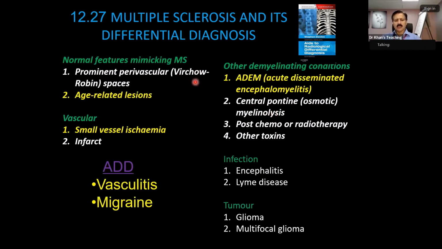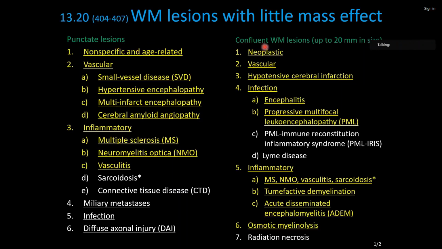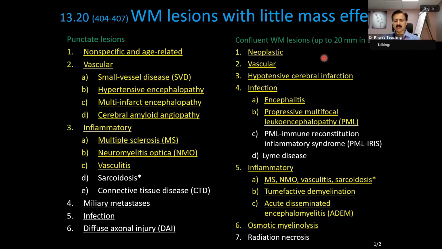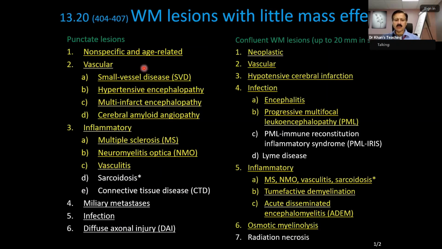So this is from your previous book. Now, the latest book has divided white matter lesions into 3 headings or subheadings: punctate lesions, confluent white matter lesions up to 20 millimeter in size, and then diffuse white matter lesions. So the differential diagnosis changes. But one thing which I want to highlight